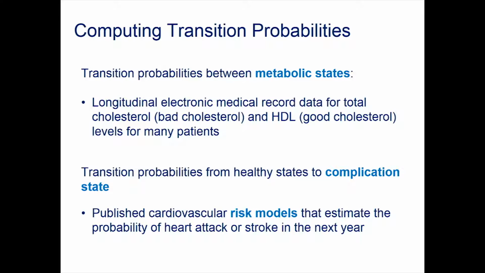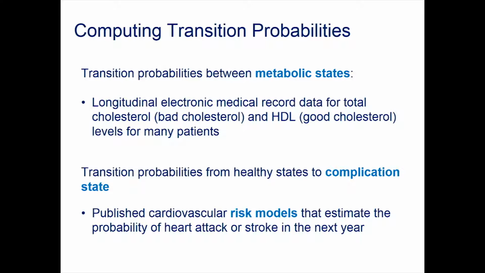In this case, we're talking about total cholesterol and HDL, which I'll call metabolic health states. We use longitudinal electronic medical record data for large numbers of patients, so using population data to try to estimate transitions between these states. And then in terms of complication states, there are published risk models for